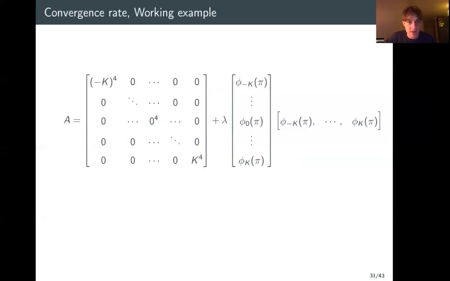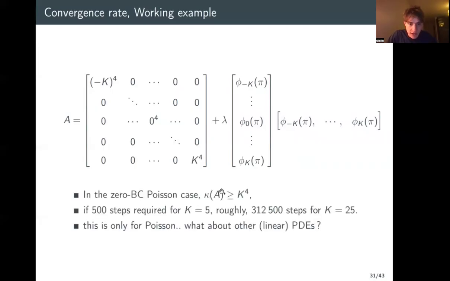Now let's go back to this working example. Let's consider the instantiation of the matrix A. And in this particular setting, it's actually provable that the condition number of the matrix... So here we have a 0 here. You could think it's a 0 eigenvalue, but then this is killed by the boundary conditions here. And we can still have an estimate of the total condition number, which is going to be bigger than big K, which is the maximal frequency that we're representing, to the power of 4.